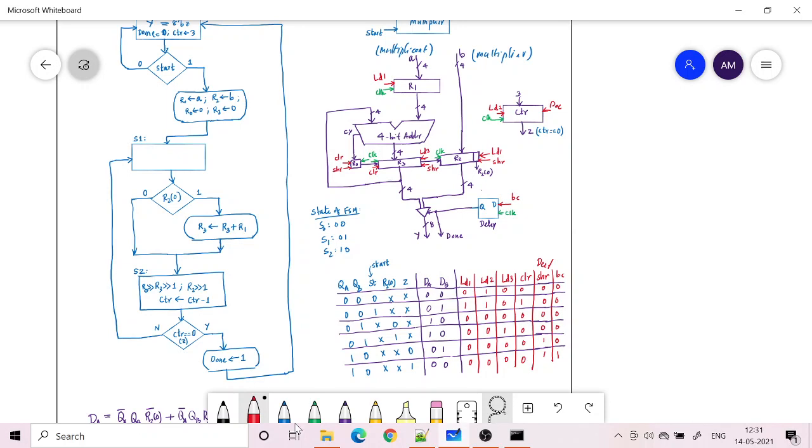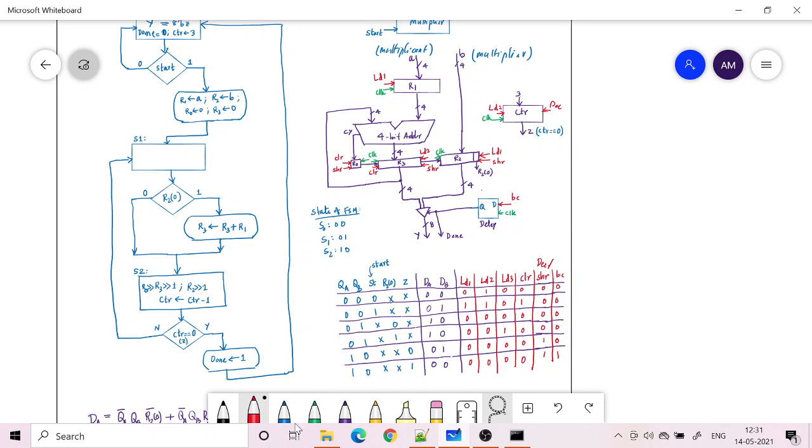So BC is generated when my Z, that is the counter, becomes 0. Z equal to 1 means counter is 0. By decreasing, at one point my counter becomes 0. So when it is high and I am remaining at the 1-0 state, that is a state corresponding to shifting, at that time I am going to make BC 1.